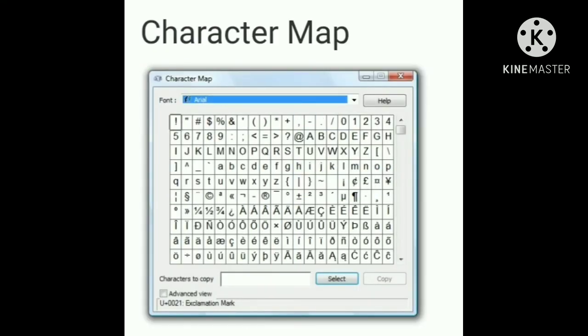Character Map. Character Map is a utility included with the Microsoft Windows operating system and is used to view the characters in any installed font, and to check what keyboard input or Alt code enters them. It's used to enter those characters and to copy characters to the clipboard in lieu of typing them. The tool is especially useful for entering special characters. It can be opened via the command line or Run dialog box using the CHARMAP command.